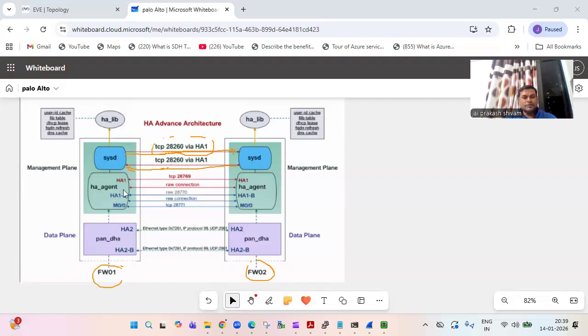Okay. So through the HA1 we exchange details from firewall one, the active, to the passive. These are heartbeat, hello message, and config sync. Firewall one is in active mode, so whatever you have configured, all this configuration is synced through HA1. The function of systemd is only